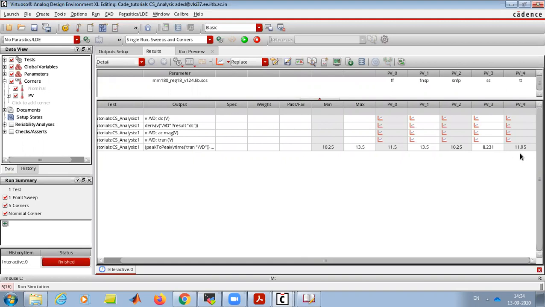Now you can see the gain variation from transient. The gain is varying from 8 to 13. So this helps a lot. Even if you do 1,000 simulations on a very large, big circuit, where different corners are there, just seeing the min and max, you can find out what the reason is.